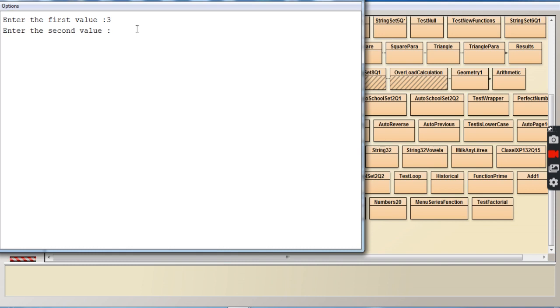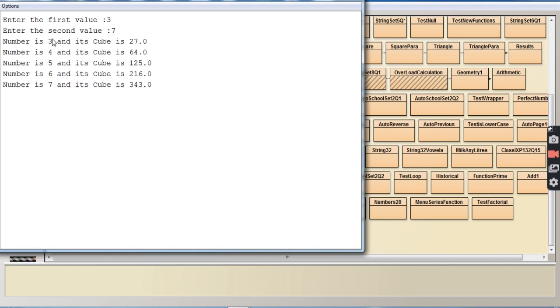Enter the second value, it says, 7 I have entered. See, number is 3 and its cube 27. 4 cube 64. 5 and its cube 125. 6 and its cube 216. 7 and its cube 343.